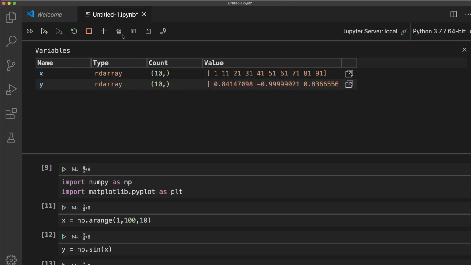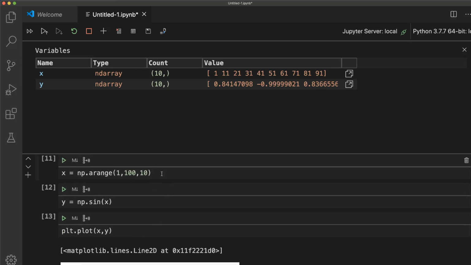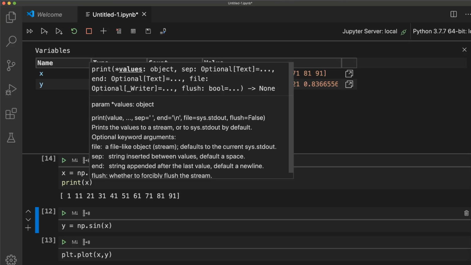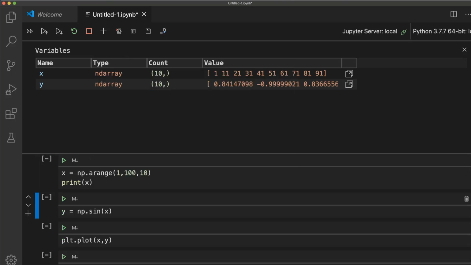So what you can do in this case is, first, if you want to just clear your output, let's say you have got print x here, and you want to clear your output, you can click this and it has cleared your output. You can see that the output is cleared. So simply to clear the output of all the cells, you can click this.